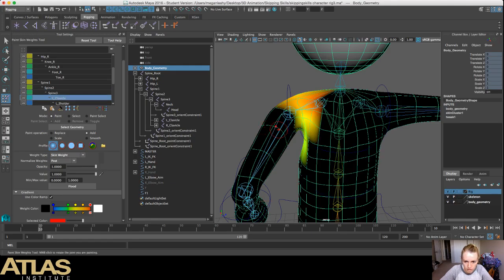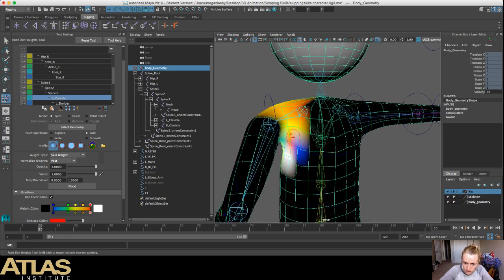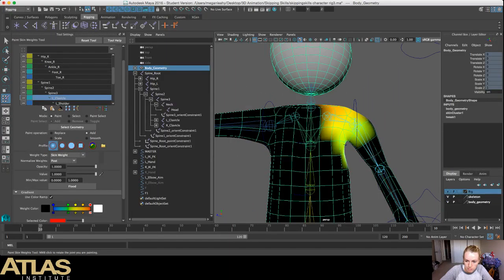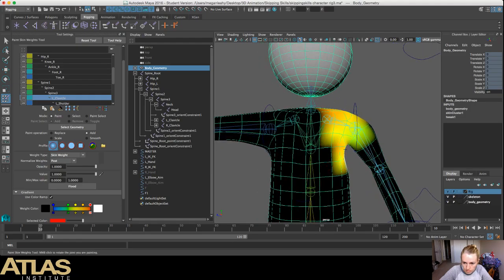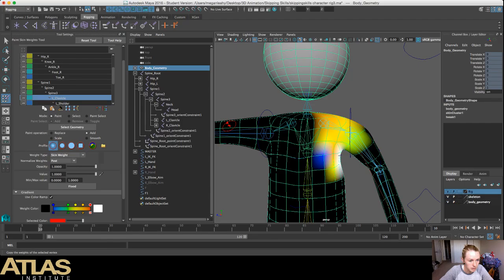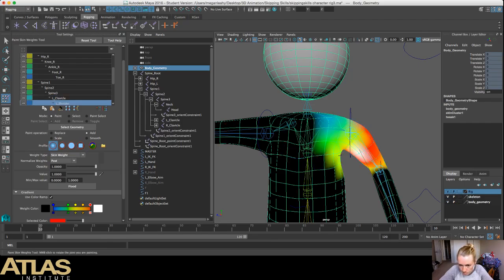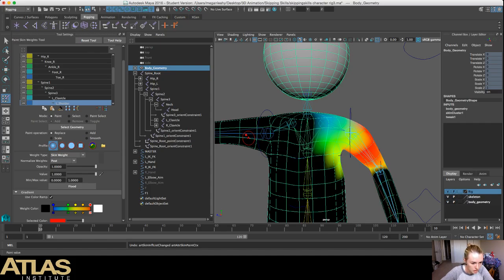Maybe it's looking a little better. I really don't know what I'm doing. Maybe I'll try doing something with the shoulder. Okay, that looks way worse. Maybe if I go to replace,